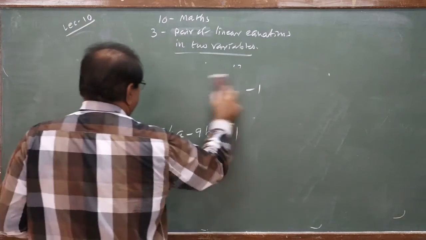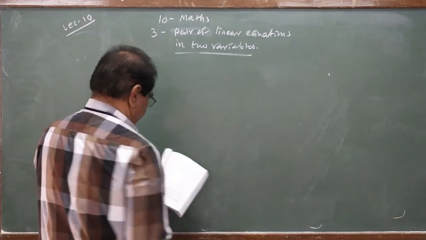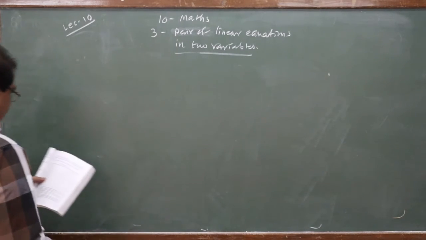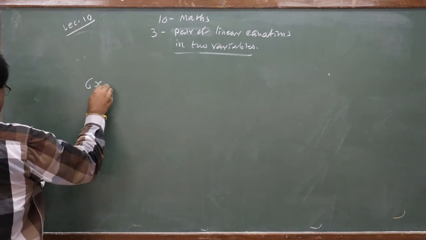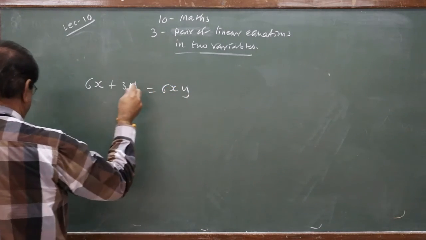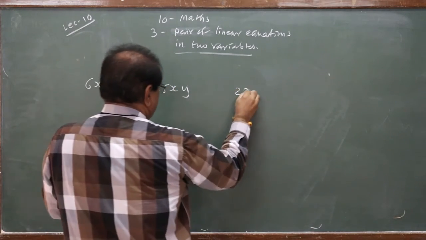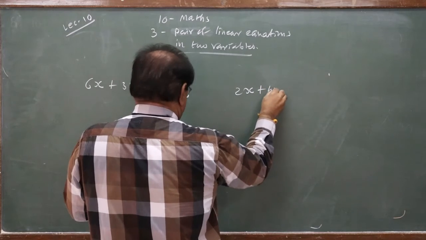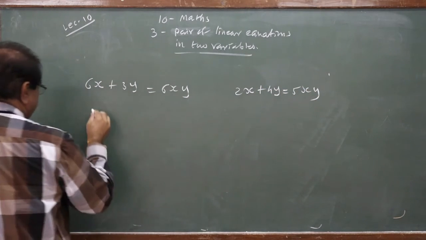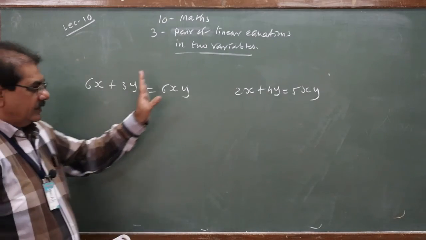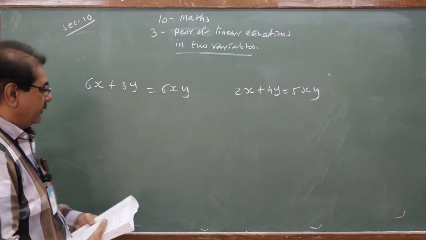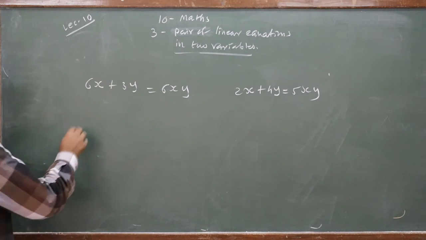We take one more example, and then suppose it is this: 6x plus 3y is equal to 6xy. Second is 2x plus 4y is equal to 5xy. What to do here? If you go with method of cross multiplication, no need to go for change. Directly you can solve the problem. But if you want to go for the other methods, then